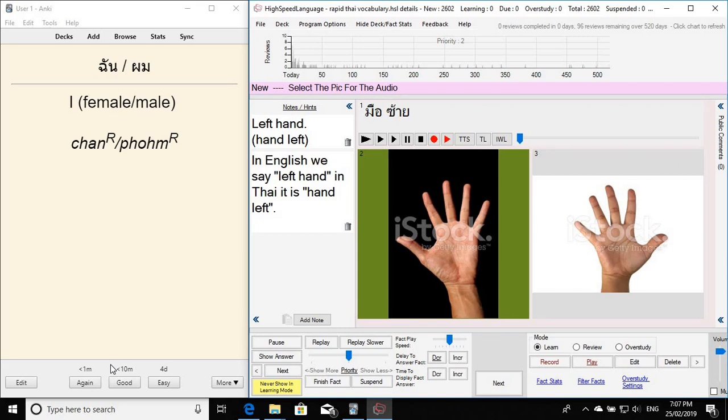And the other problem I find with having to rate how well you recall something every time is, rather than focusing on the content, you're thinking about how well you remembered it. Rather than putting all your effort onto the content, you're thinking every single time, which you may be reviewing hundreds of times a day, how well did I remember it. So with the scheduling in HighSpeedLanguage, you don't have to think about that. I mean, if something was particularly easy or particularly hard, you can adjust the priority here to the left or to the right if you want. But